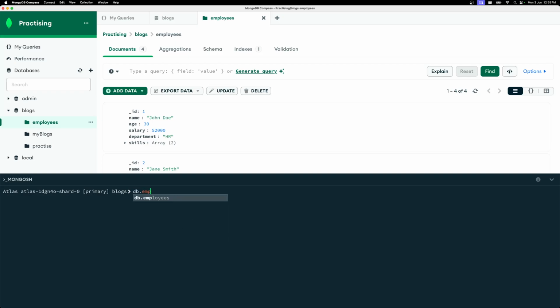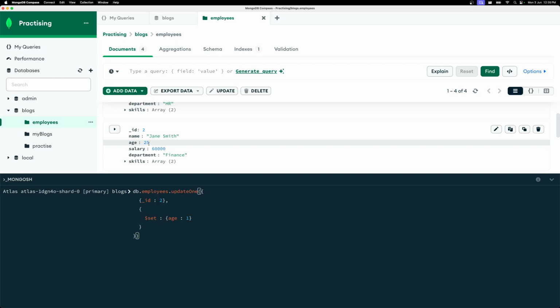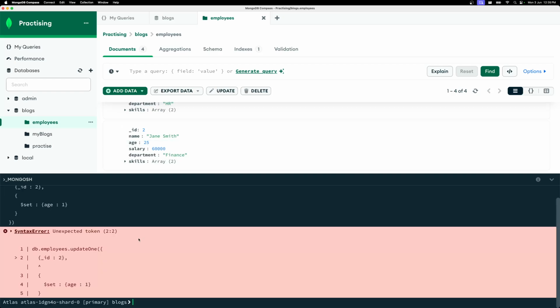So db.employees.updateOne, open the bracket, shift enter. Then you need to supply the matching ID. So _id is going to be 2. Then I need to use the set operator. $set colon, open the field. What we are trying to do is update the age field with the value of 1. Now age is 25. Now if I hit enter,